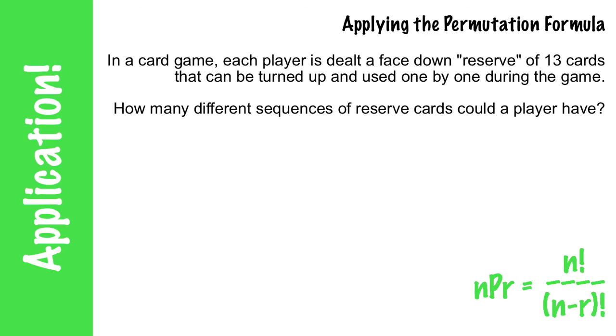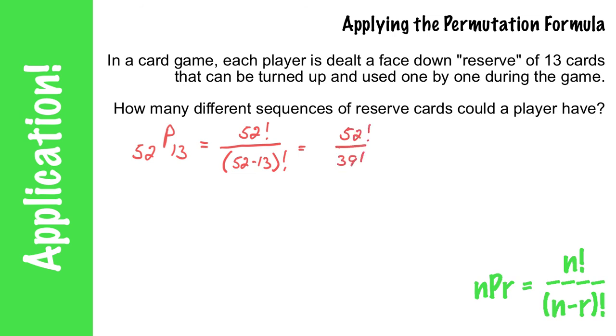So here you have to use your knowledge of cards, and you'll know that you've got 52 cards in the deck, and we are going to deal with the first 13. So this turns into 52 factorial, and then on the bottom, 52 minus 13 factorial, which is